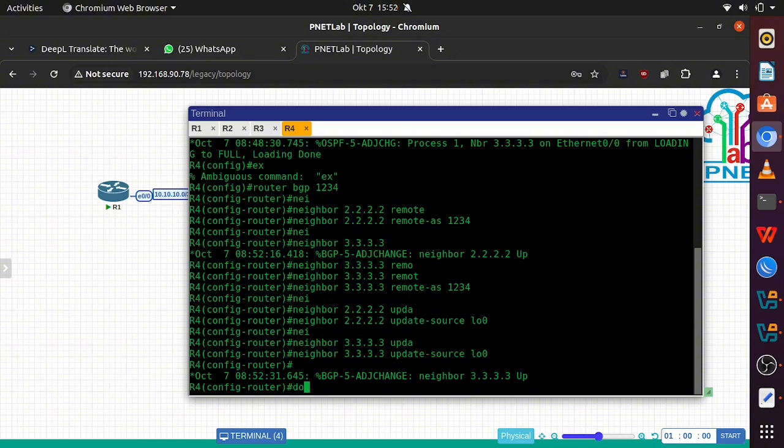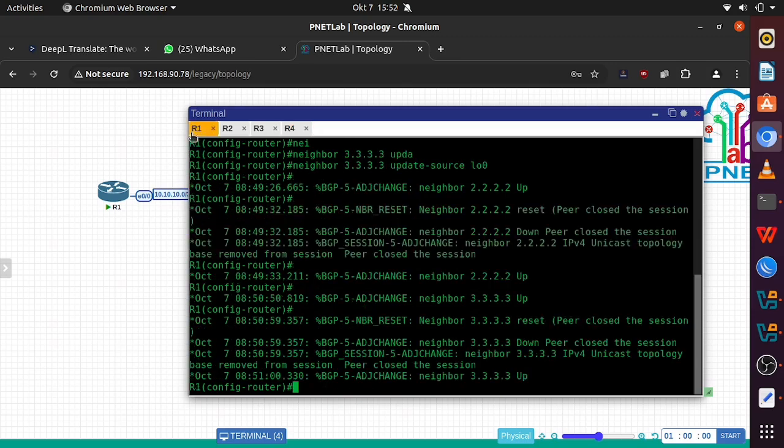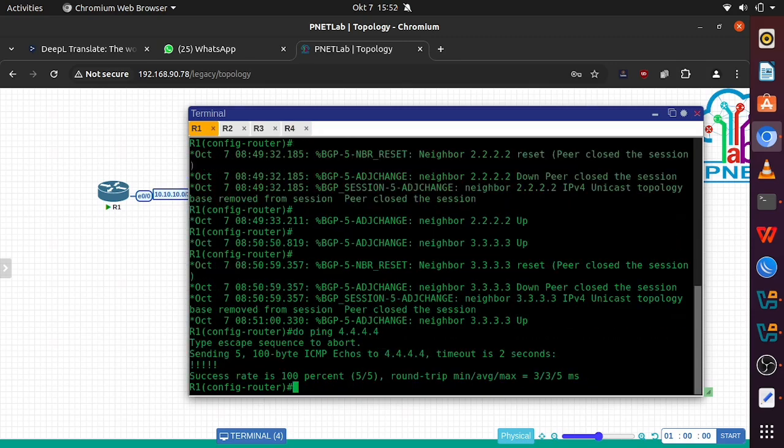And as you can see, the BGP neighbor has been up on two devices.